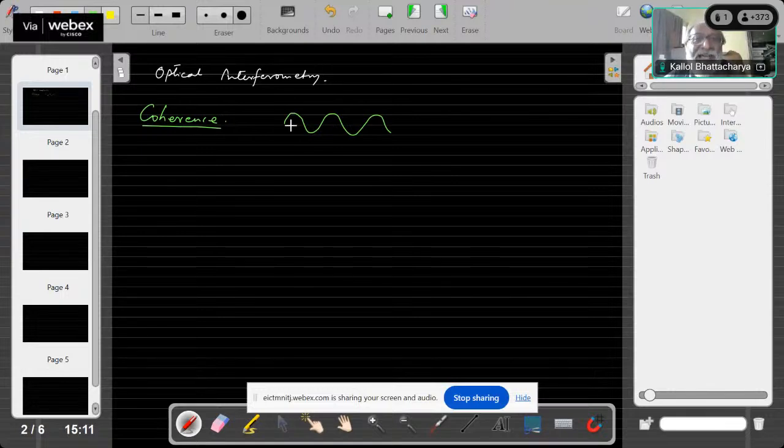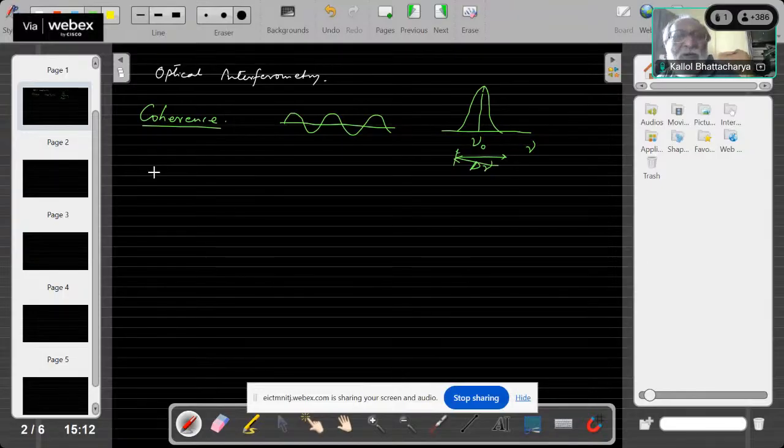Now, this wave has a single wavelength, a single frequency, which means if we plot its frequency spectrum, it would just be a delta function here, just a single line. This is a certain frequency, let's say lambda naught. Now, in practice, we never get a single frequency. Okay, it is always a band of frequencies that we have. The band may be narrow, the band may be wide, okay, but it's a band of frequencies and it has a spread. Let's say this spread is delta nu,